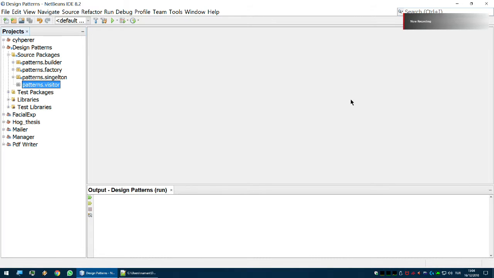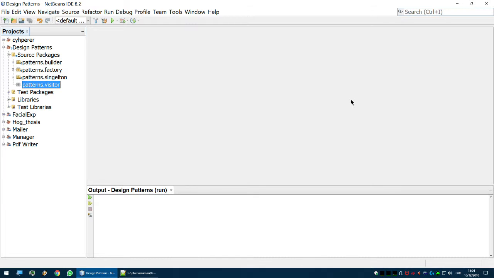Hello again. This is the implementation of the visitor design pattern. Now, before I begin the design pattern coding, I would like to explain something. We have seen three different design patterns: the singleton, the factory, and the builder design pattern. I haven't mentioned it, but those three design patterns were about creating objects, because mainly design patterns can be